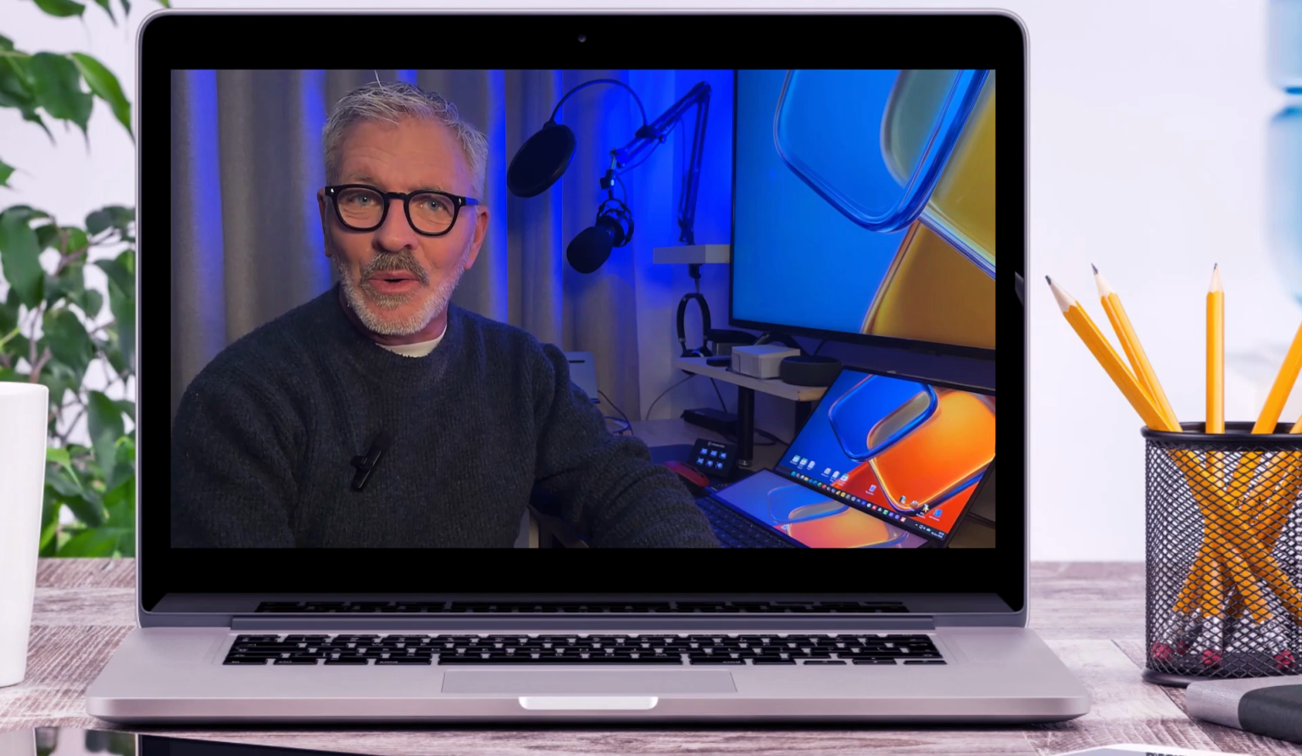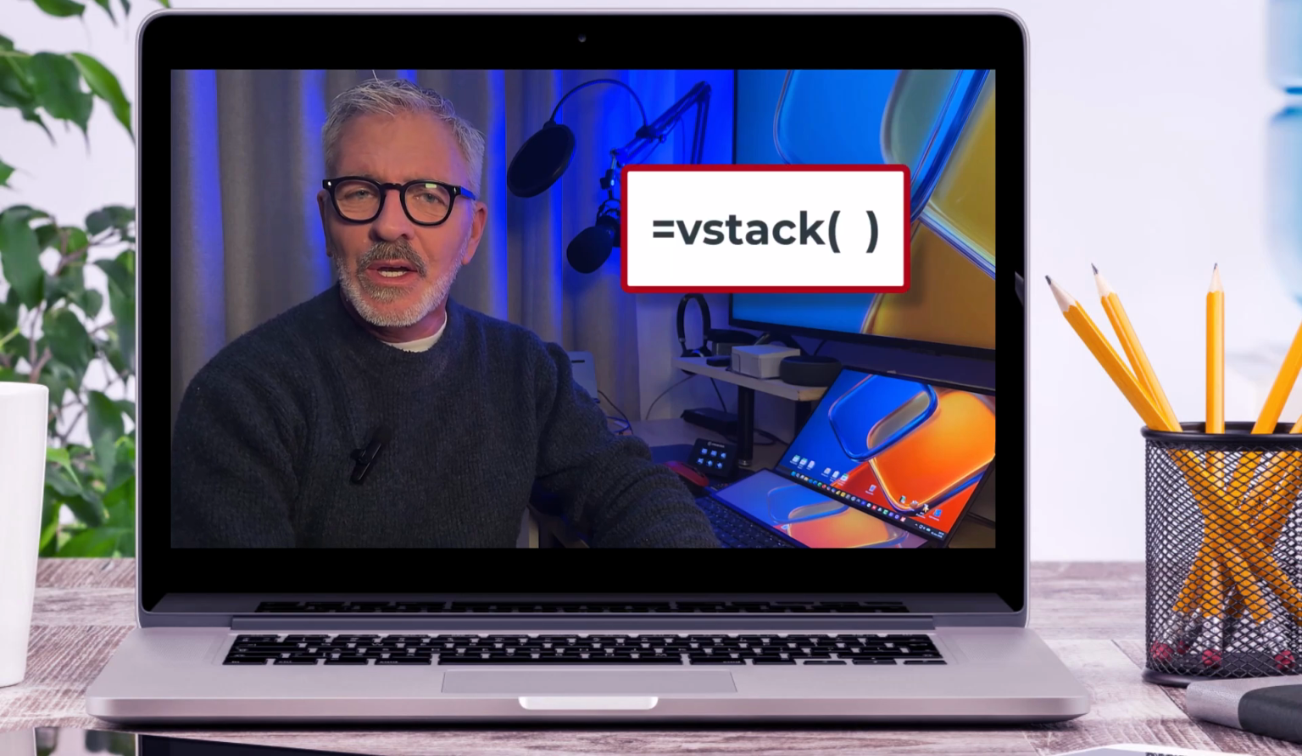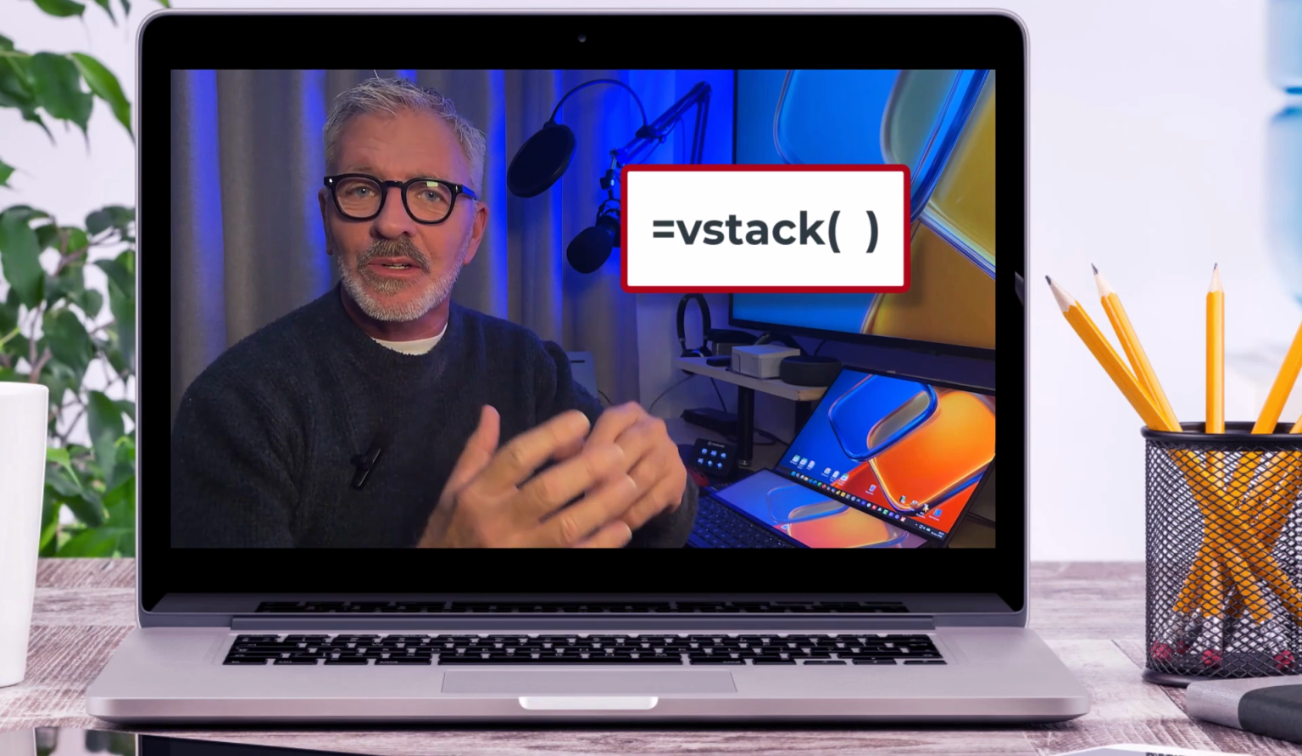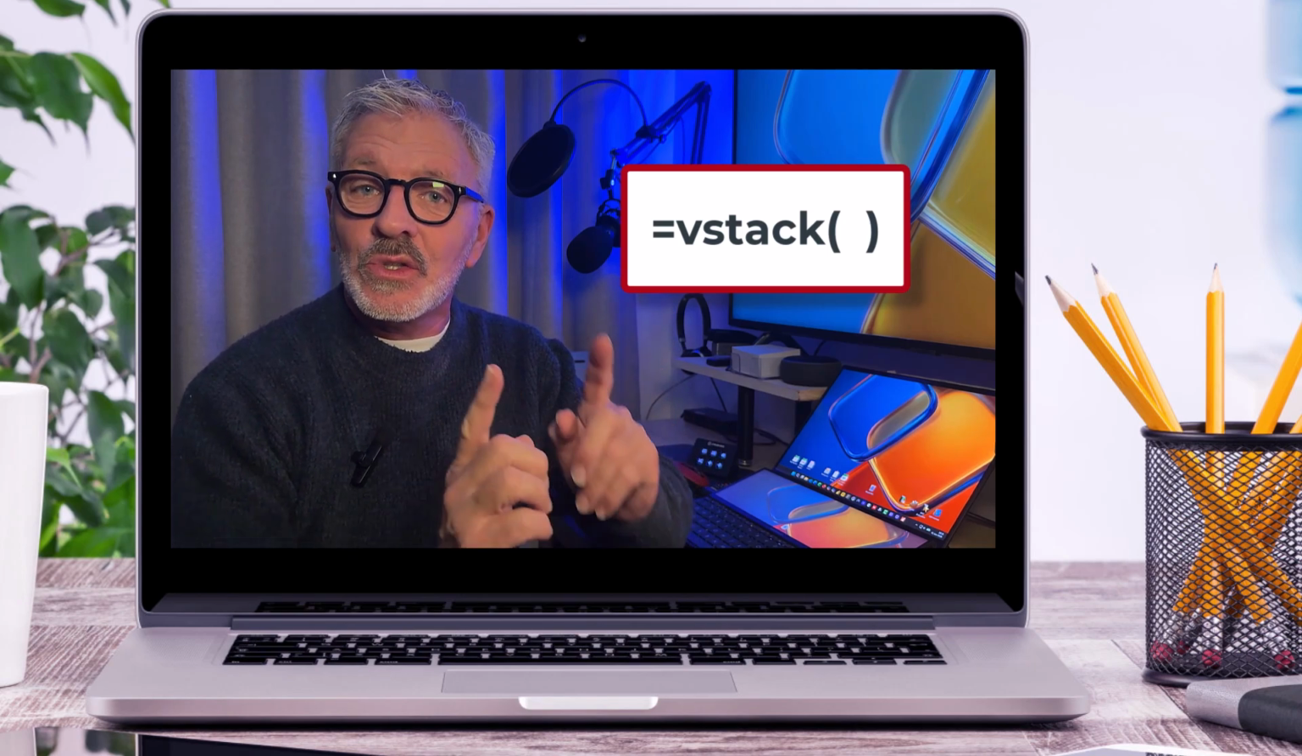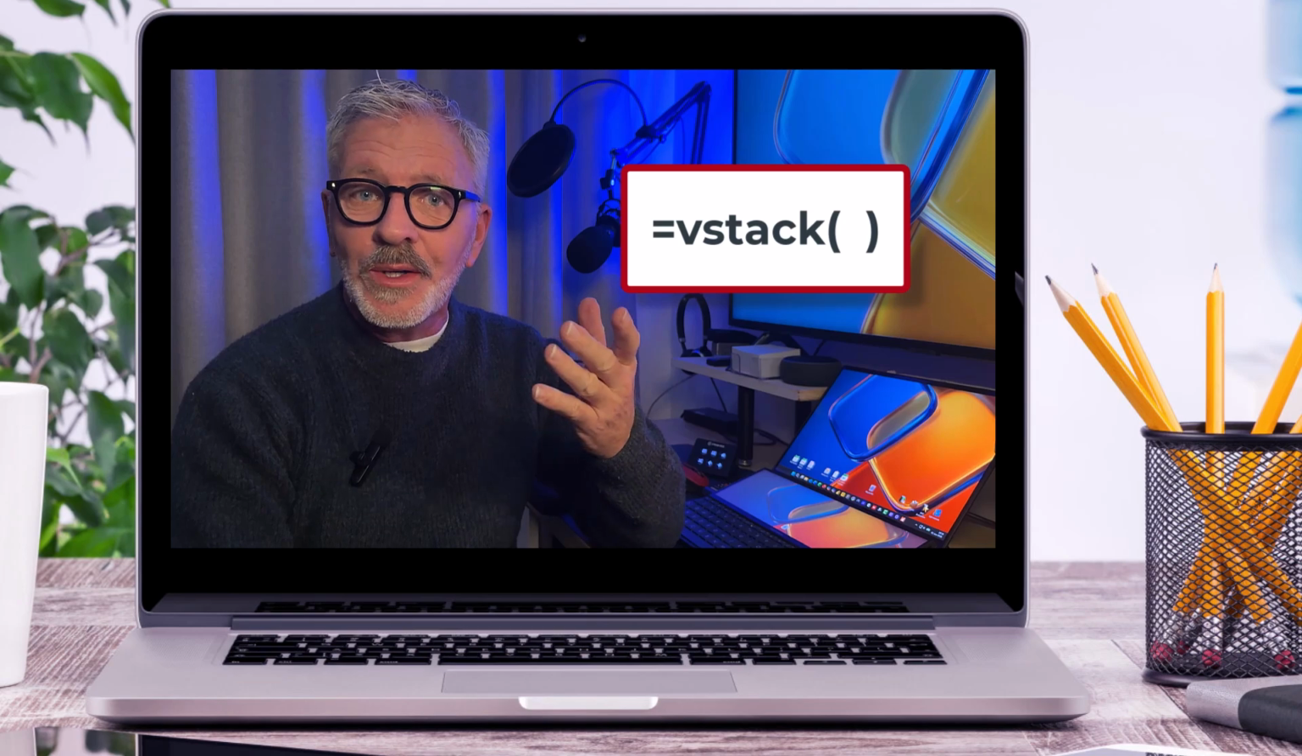Are you still copying separate ranges into one master table in Microsoft Excel? Let me show you the amazing VSTACK formula. You can use this formula to combine all these individual ranges of data into one master table on a different